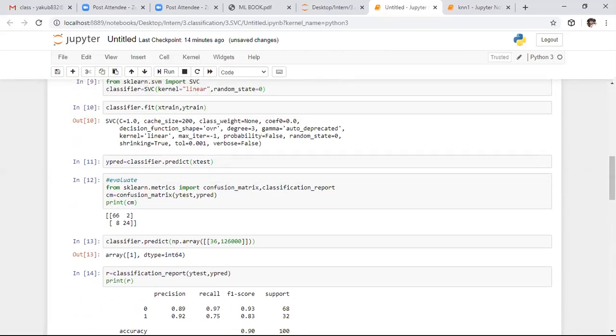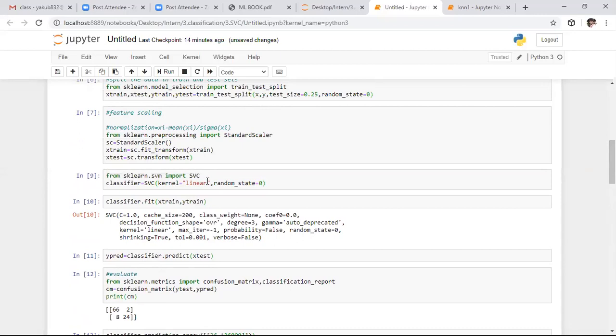Here I want to change the kernel. In place of this kernel, I want to specify the RBF. RBF stands for radial basis function. It follows the Gaussian distribution. After changing this parameter, I want to execute this entire program. I'm not changing anything else, I'm changing the single parameter only. After changing this, I want to observe the entire data.